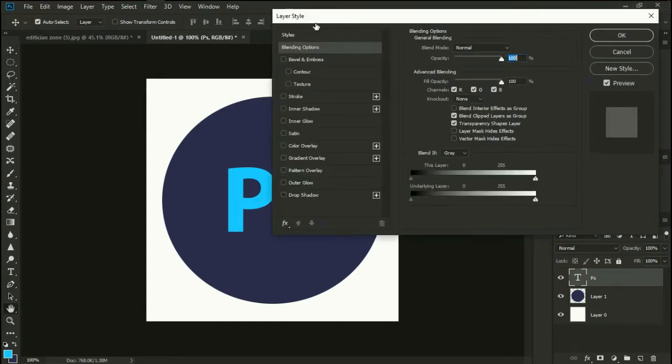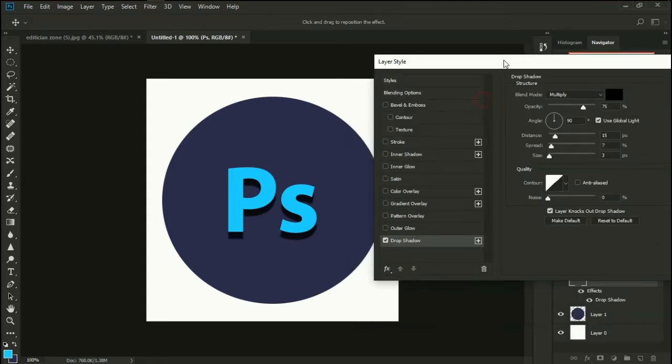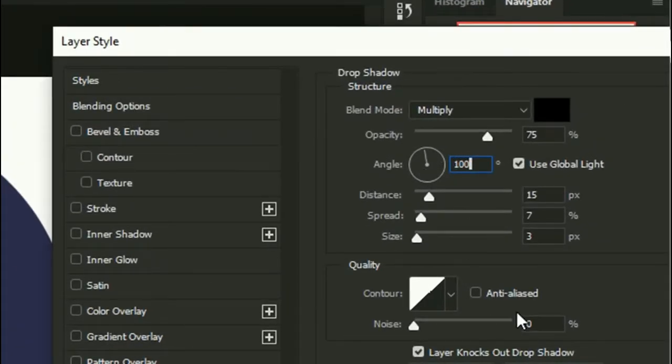work on the layer style, and one thing we're going to do is add a drop shadow with the distance of 15 and the angle 100. Yeah. And on the spread,